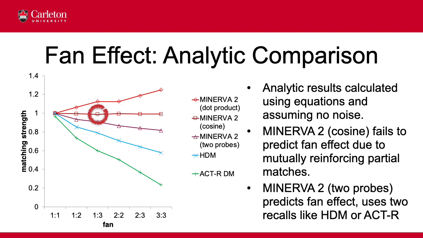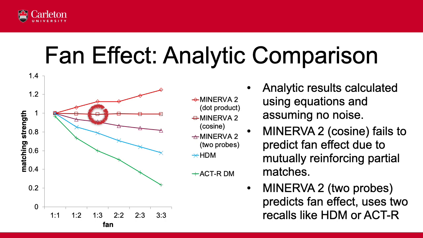For Minerva, the additional items activated in memory for the 3,3 fan compared to the 1,3 fan serve only to reinforce the presence of the target in the echo, which improves similarity to the probe. Conversely, in people, having more lures in memory to sort through makes recall of the target harder, not easier. Thus, the reason that doing two separate recalls fixes the Minerva model of the fan effect is because it eliminates